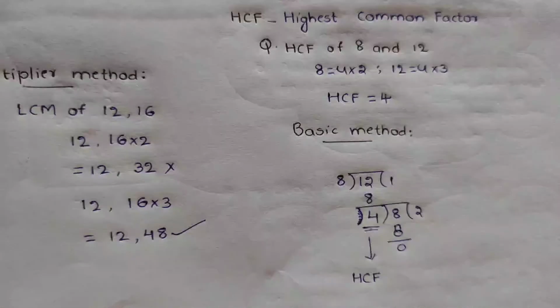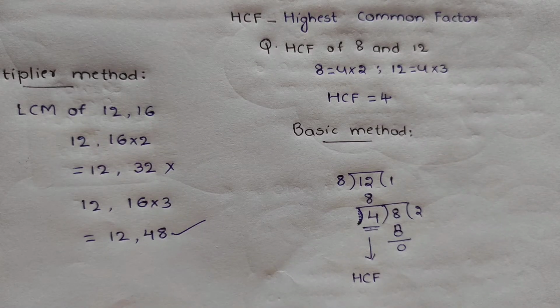So this is the basic thing that everyone does. But while finding the HCF, we can also use another method. Here 12 and 8 are the two numbers. I am taking the highest number 12 as my dividend and 8 as the divisor. If you divide 12 by 8, 8 ones are 8, and you get remainder 4. Now this remainder 4 will be our divisor and the previous divisor will be our dividend. That means 4 2s are 8. So until you get 0,